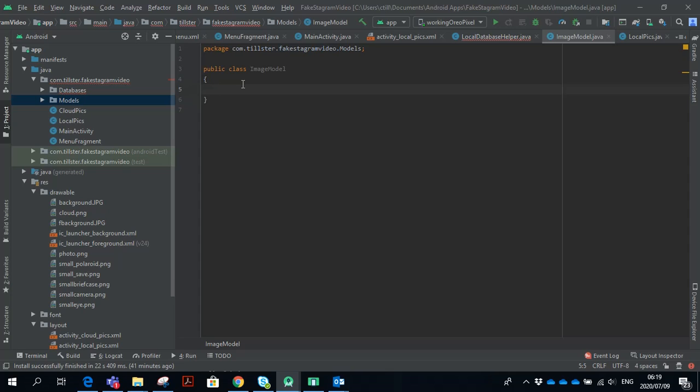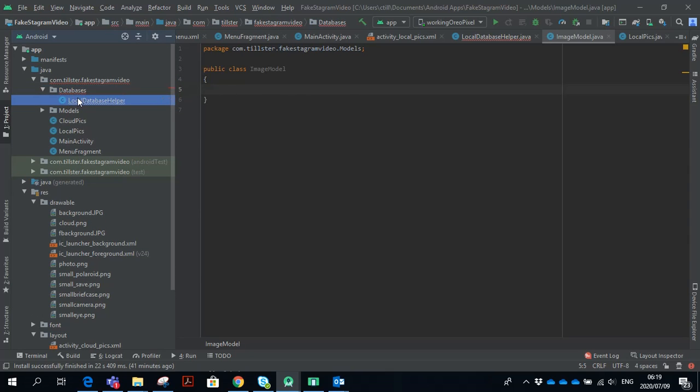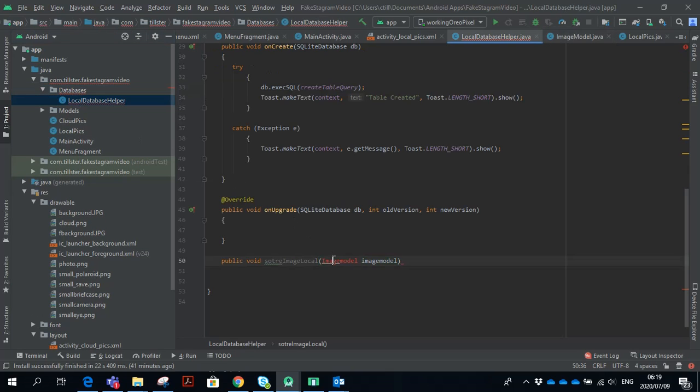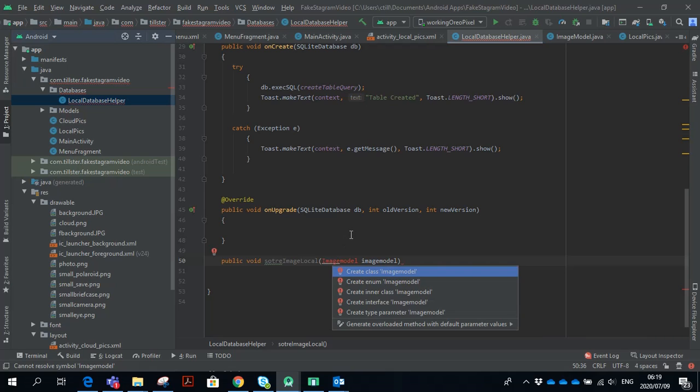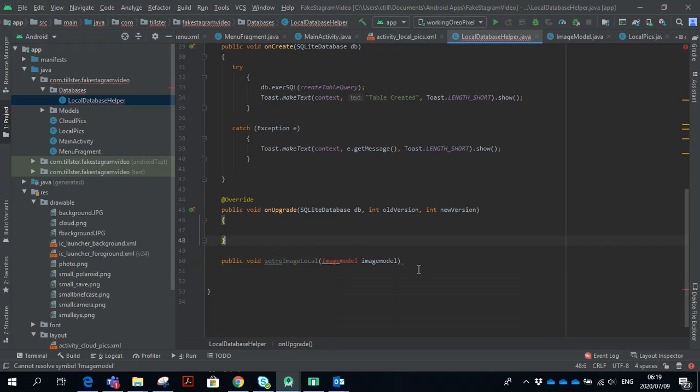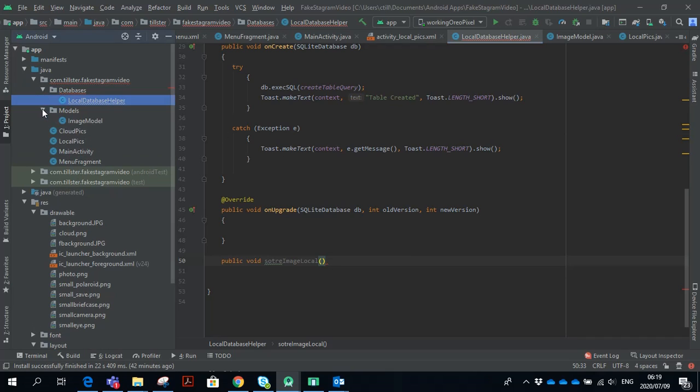And boom. Okay, and this image model is basically going to work for both of our classes. And inside here, we have to give the stuff that we are going to need and what our data should look like. So in our image model class, we are going to add the following. I just wonder if I spelled it right, because it's still unhappy there. We must just import it. Yep. Right, I can do this after I made that class. Okay. So if we go into models,